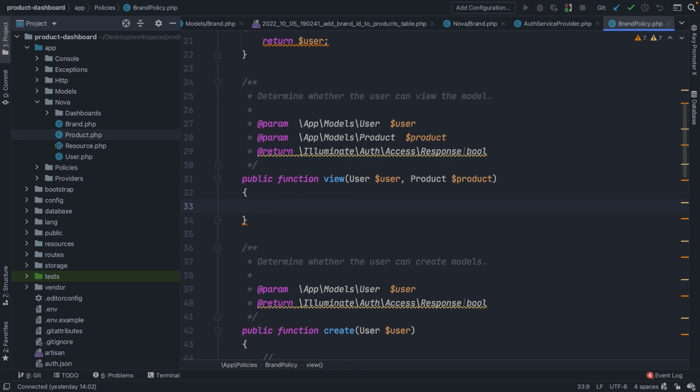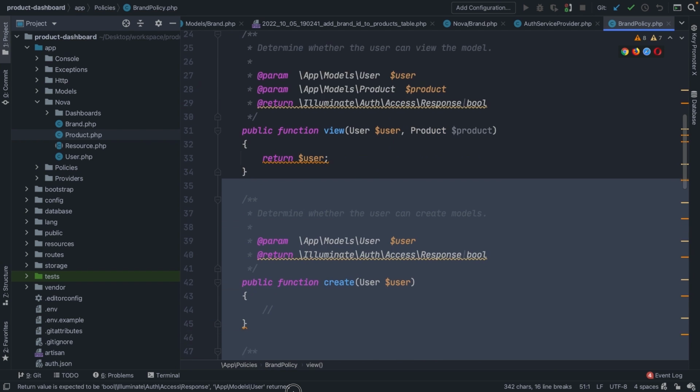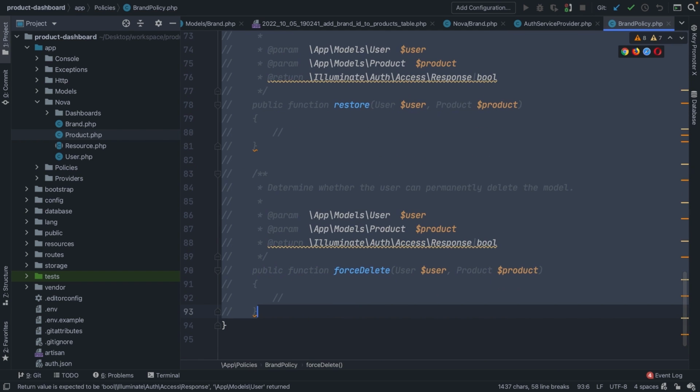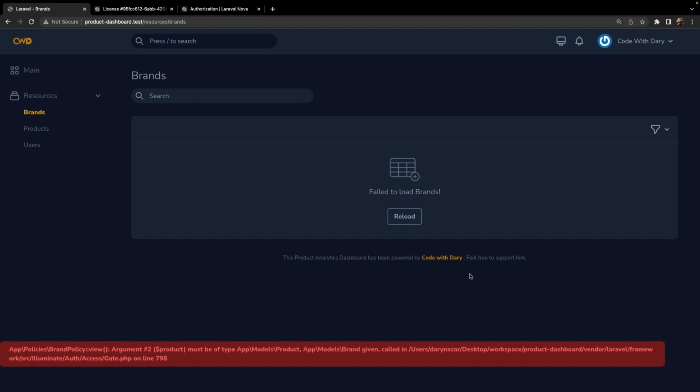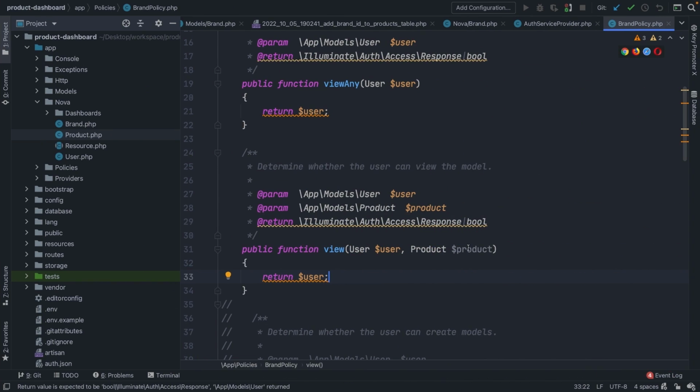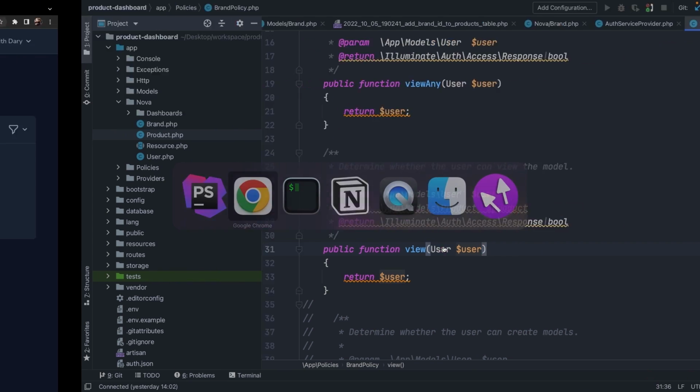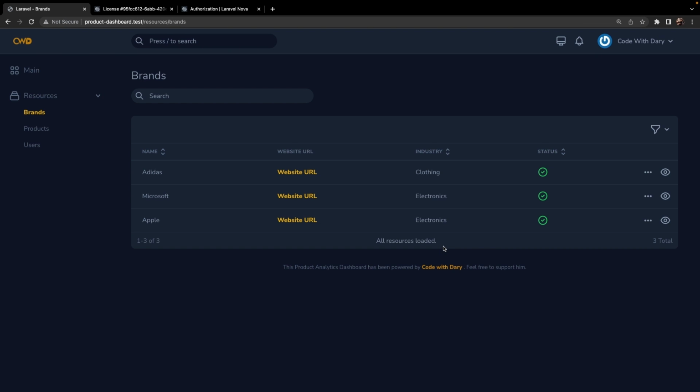Now the next method inside PhpStorm will be our view method right here. And this is basically the eye icon on the brand's overview. Users with any role can see that. So there's no harm to it. So let's return the user object. Comment out everything that's right below our view method, navigate back to Google Chrome, localhost, refresh it, and right here, you'll see that we're getting an error message because it's expecting a second argument that we're not using. So let's remove our product object, refresh it, and right here, you'll see that the eye icon is visible,